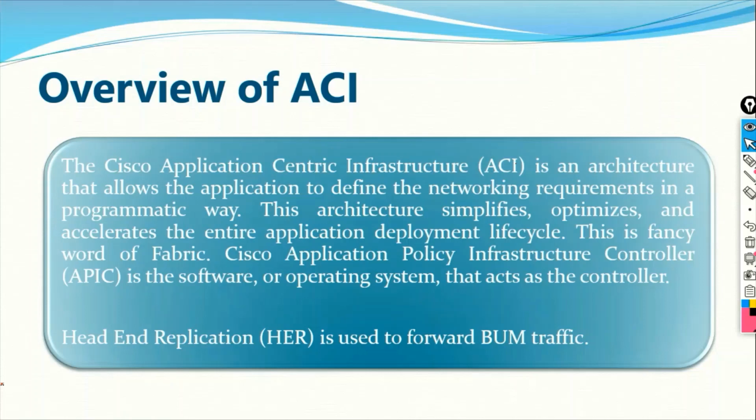So this is an overview of ACI, and it says ACI is application centric infrastructure. So what does it mean? Before understanding ACI, we have the three-tier architecture, which says we have one layer called the core layer, the core switch we have implemented in our topology. Second layer, the mid layer, is the distribution layer.